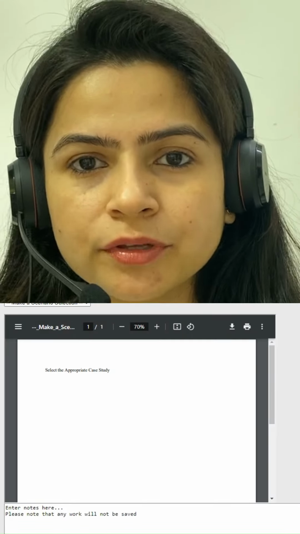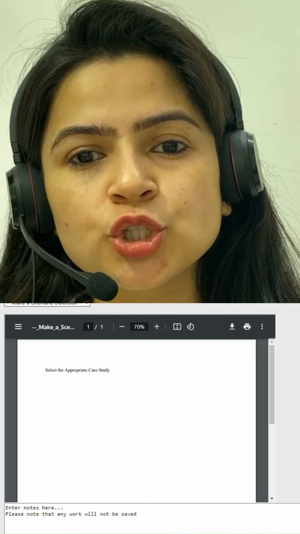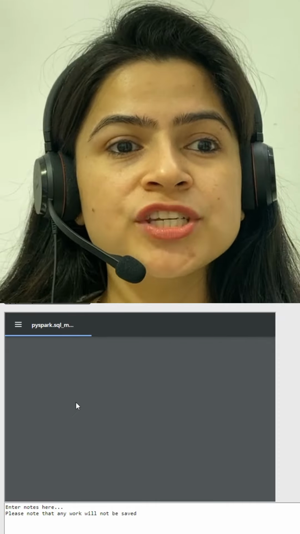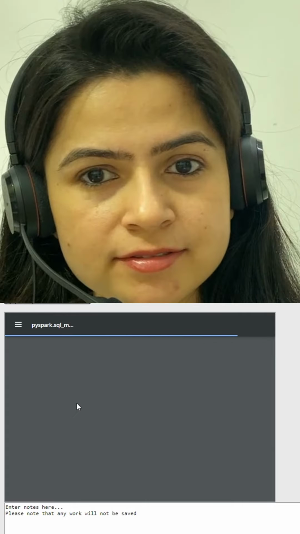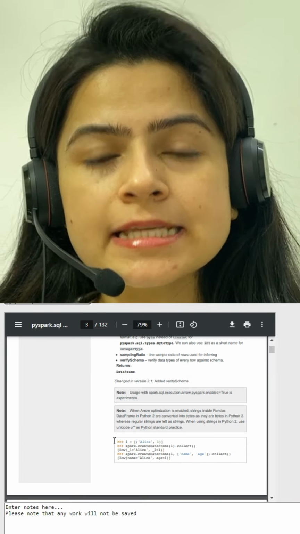Number 1, the most important, there are lots of methods and classes. You may not remember all of them during the exam, and there might be scenarios or questions which are related to a method which you are not aware of. That's why Databricks provides a test aid in the exam, which has all these methods and what kind of parameters are passed and everything. So make use of this test aid and try using this test aid while solving the